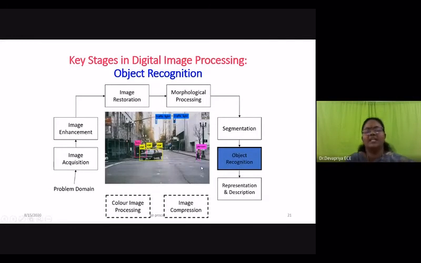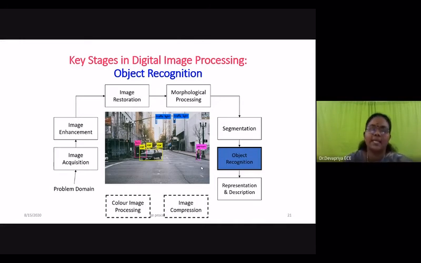Why do we need this object recognition concept? You are making the machine work as a human. That is the objective of artificial intelligence. If a human is able to identify that this is a bus or a person, the machine should also be able to identify that. So in that kind of application, we go for object recognition.